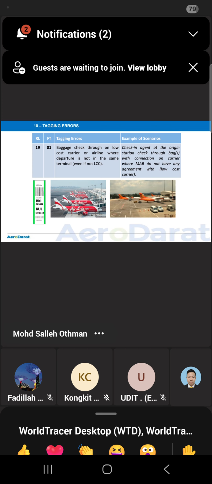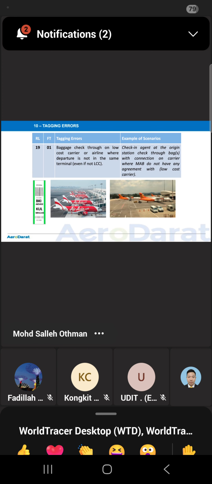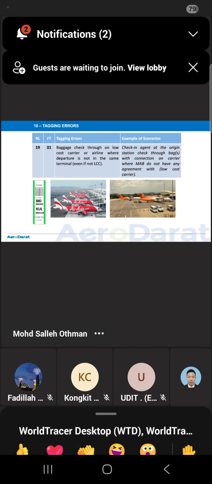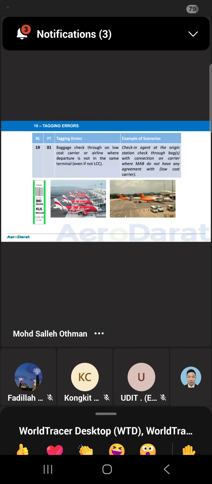Okay. It's not my mistake. It's your airline's mistake. You failed to inform me. If I knew something like this, I would not check the luggage straight through. I would collect the luggage at KLIA. Understand? If you want to do the courtesy report, also no problem. If the passenger knows his rights, then fine. If the passenger does not, then okay, my mistake, I collect.